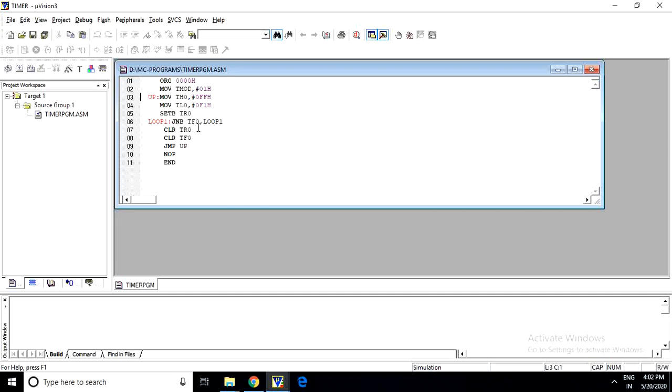And JNB TF0, that is, the TF0 flag is continuously monitored to check if there is any overflow. If there is any overflow, then it will come out of the loop, else the same instruction will be continuously executed. Then the timer run control bit is made 0, that is CLR TR0. Then the timer overflow flag is made 0. Then an unconditional branch instruction is written, jump up, so that TH and TL